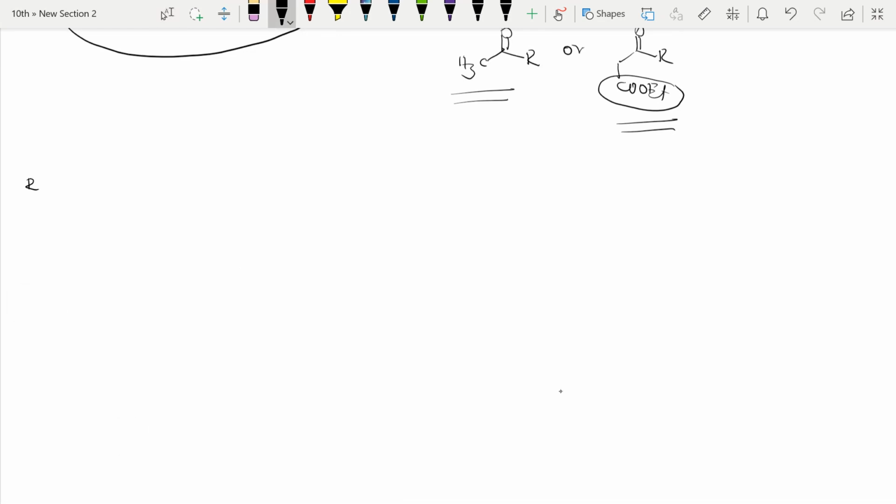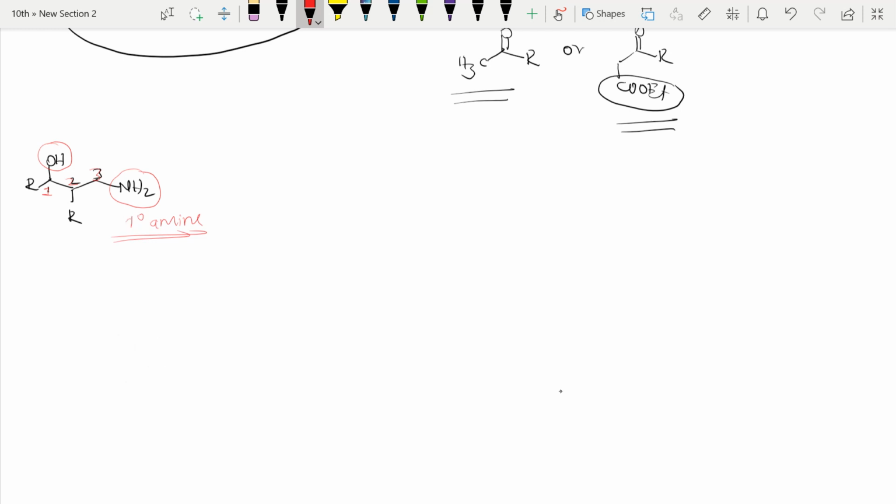So this is this one, R, see here, OH is there, so NH2, and here R. Here also see here 1 2 3, these two are the functional groups. OH is a functional group and NH2 is a functional group. So numbering I will do from the carbon which contains a functional group, 1 2 3. In such a case, this is nothing but a primary amine. Sorry, it's a primary amine.